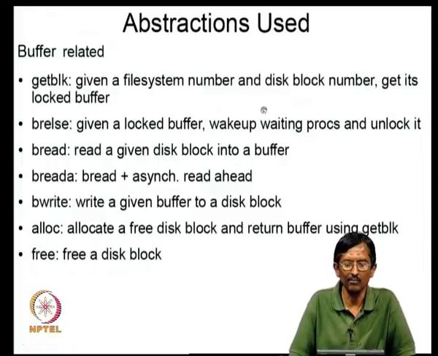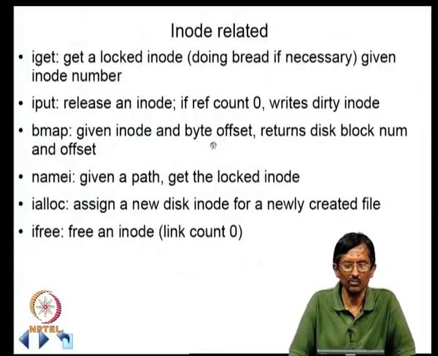For example, the ones I am listing here are those found in Unix SV3, that is System 5 release version 3, and you will find it documented quite well in the book by Maurice Bach, The Design of the Operating System. I am taking the examples from there. This gives you some idea that there is some inherent complexity in designing a reliable file system. Therefore, the only way to get it right is to use certain interfaces that have proved to be useful as a way to structure